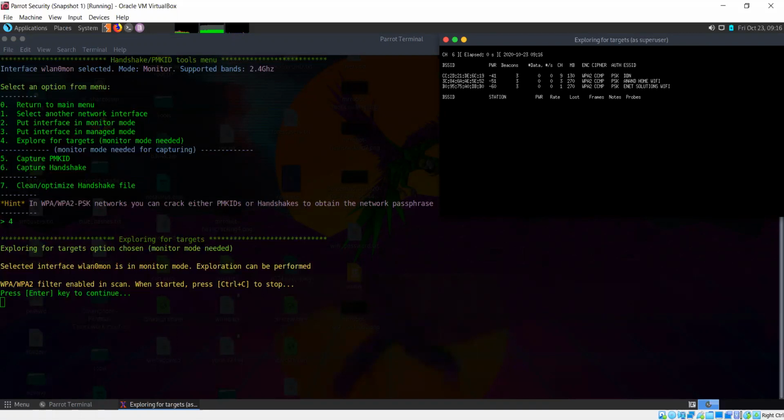Whatever it can catch, it is going to list those here, and it's best to let it run for at least 2 to 3 minutes, or 5 minutes, 10 minutes. The longer you let it run, the more chance you have of finding networks. So let's run it for 3-4 minutes. It's also changing channels, so it's channel hopping to find different networks on different channels. And the encryption that is being used is also mentioned, WPA2, for all these networks.